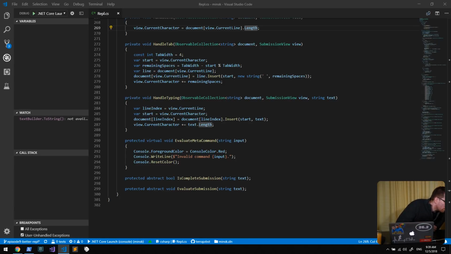Let me try one thing really quick. So does this fix the problem? So according to the audio indicator,